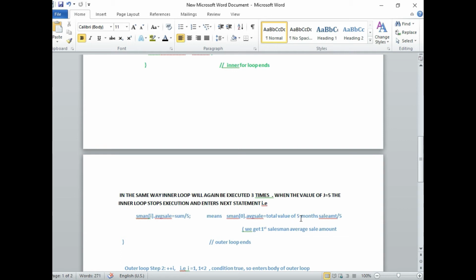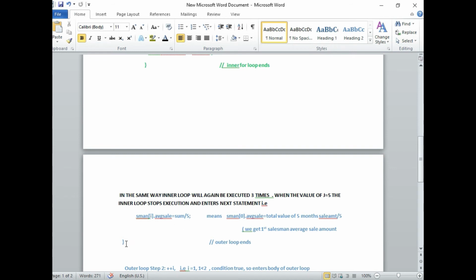Sum is the total value of the 5 months sale amount. That value will be divided by 5. So we get the first salesman's average sale amount.